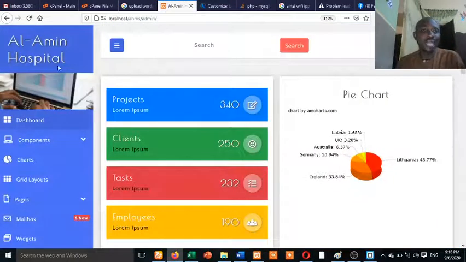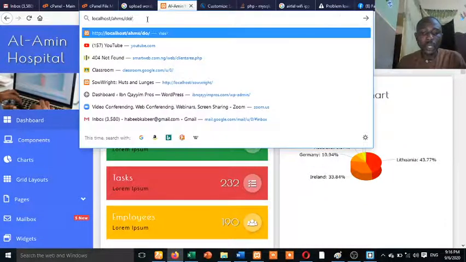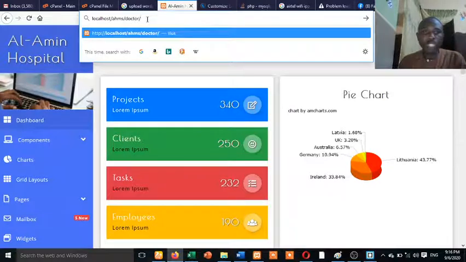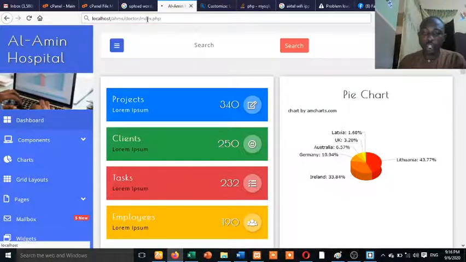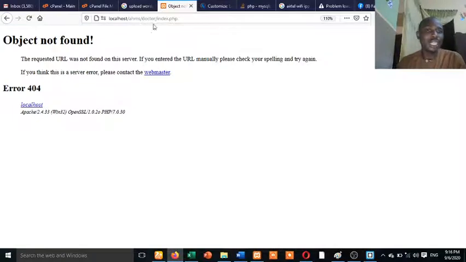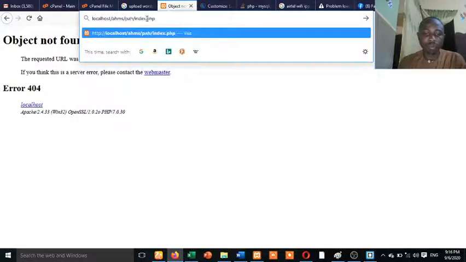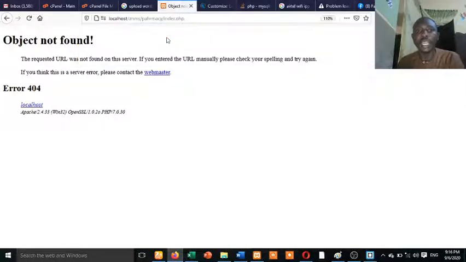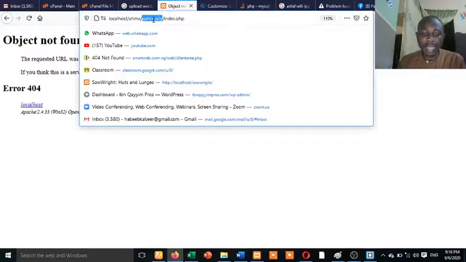That's how we are going to direct it. It's taking you to admin portal. If you are logging in as a doctor, we've not prepared that one. It's taking you also to the index.php of doctor, even though there is nothing like that. You understand? If you are a pharmacy and you log in from that major page, it should take you here. There's nothing like that. So the only one we've been able to prepare is admin